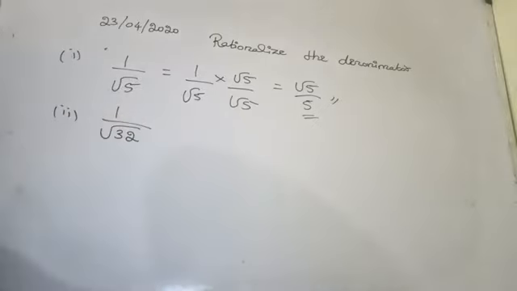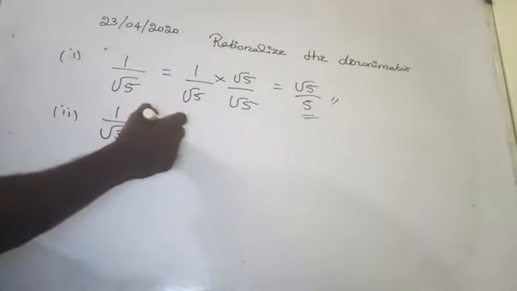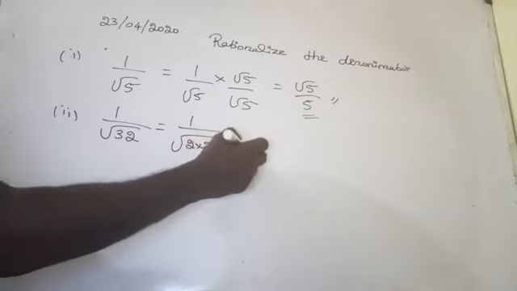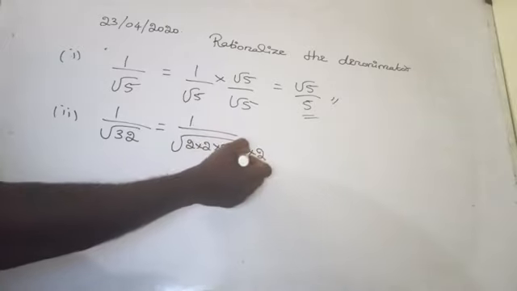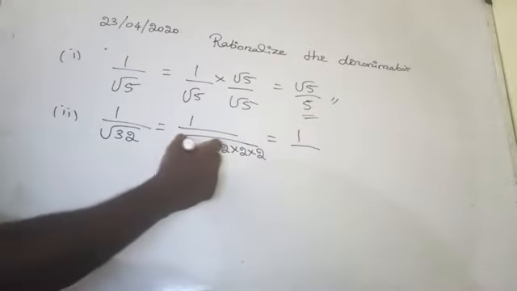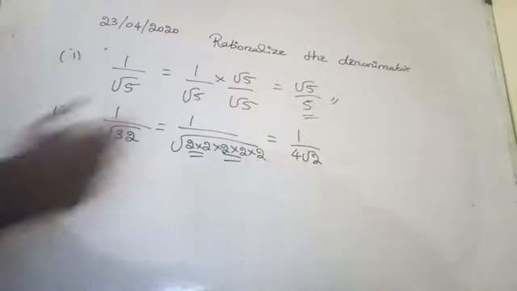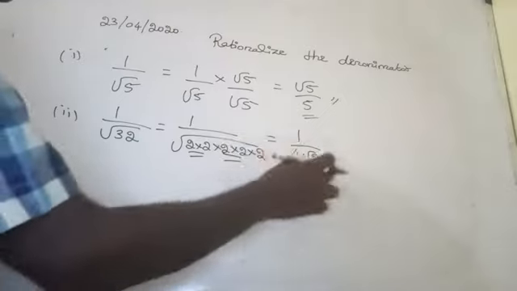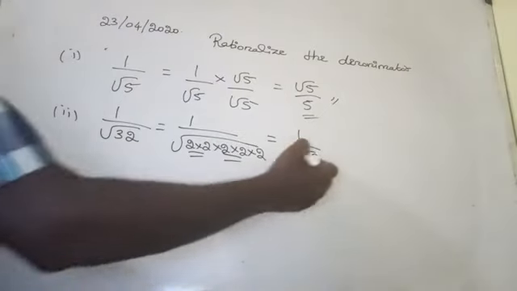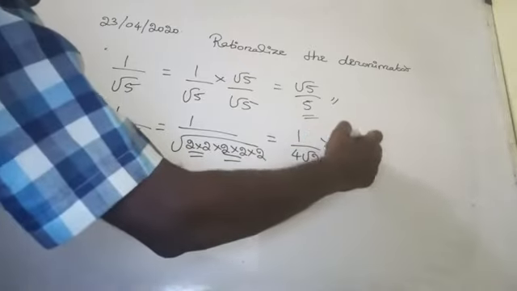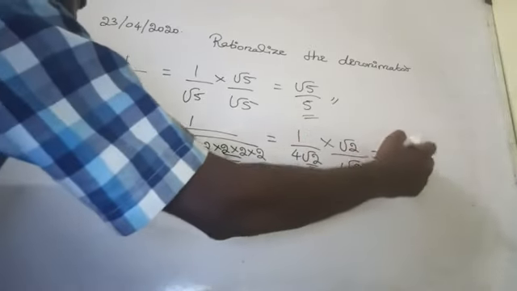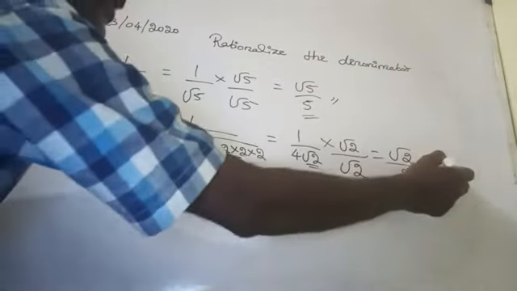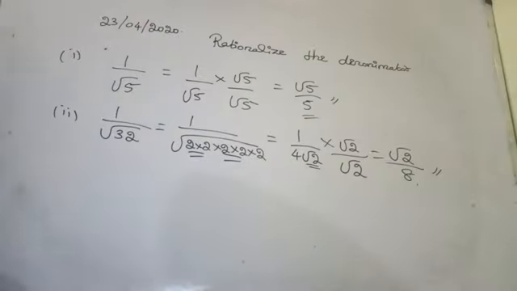Now see, 1 by root 32 here. First we express this root 32 as the product of prime factors, that is square root of 2 into 2 into 2 into how many times? 5 times I think so. Yeah, 2 2s are 4, 4 2s are 8, 8 2s are 16, 16 2s are 32. So we can express it like 4 root 2. Now, by which number should 4 root 2 be multiplied to get a rational number? Very simple. Here which one is irrational? Root 2. So multiply by root 2 in both the numerator and denominator. 1 into root 2 is root 2. Root 2 into root 2 is 2. 4 2s are 8. So we rationalize the denominator. Are you getting the concept here?